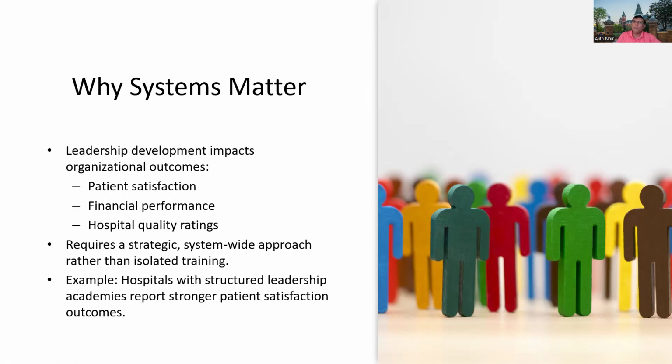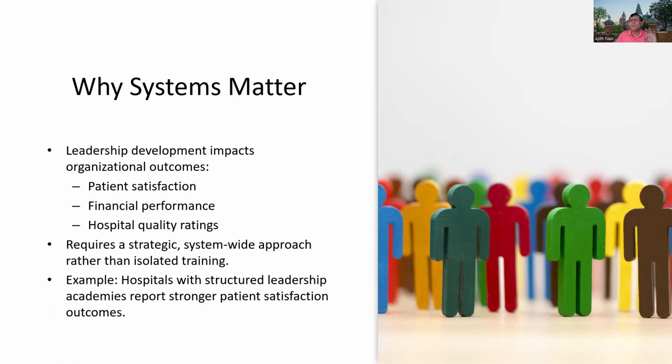So leadership development, you would agree, has a ripple effect across the entire organization. It affects patient care. It directly impacts the financial performance. It definitely would have a public reputation. It would have a strategic importance. But for everything to work, it must be approached as a strategic and system-wide initiative rather than a series